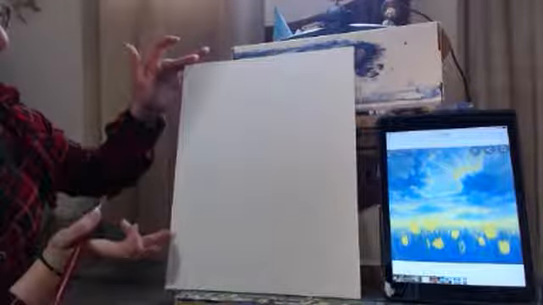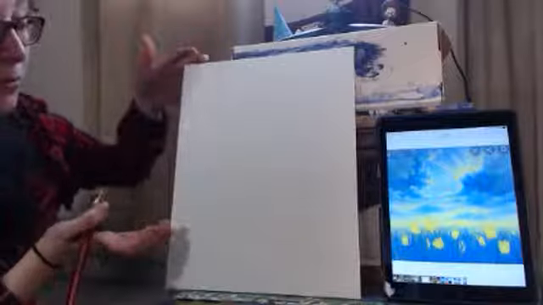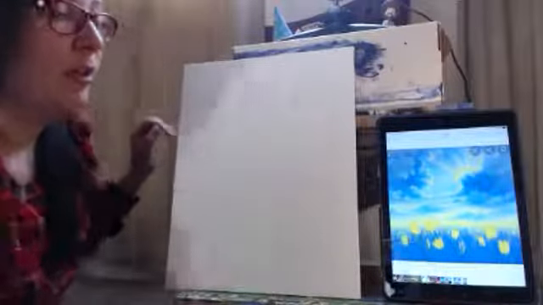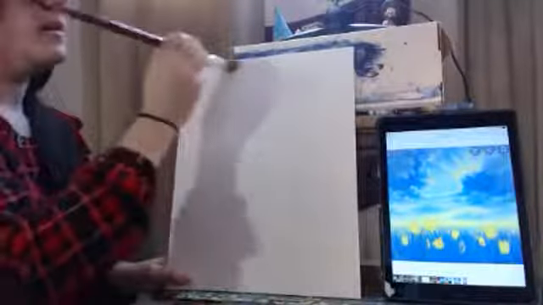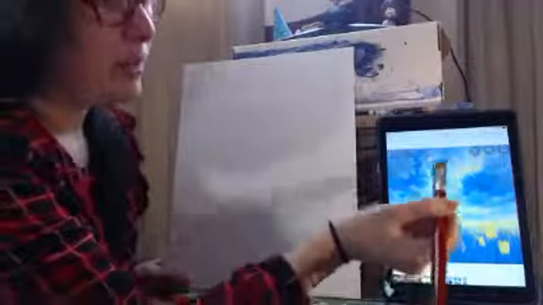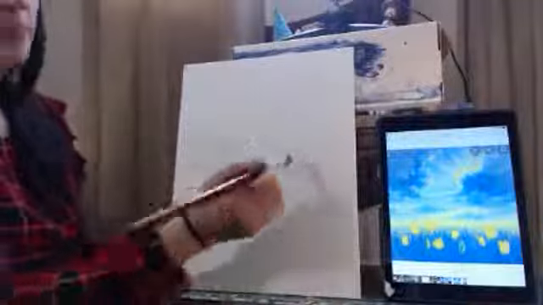So for whatever you want your sky to be, whether you want to go my route or not, it's up to you. But what we're going to do is wet the canvas with water. So I'm going to get my big brush and I'm going to get water, and I'm just going to wet the canvas. What this is going to do is make it easier to get our first layer of paint on the canvas. And this first layer really is in the background here. We're going to be building a lot on top of it, so it's more just to get that blue on there. So I'm just going to keep